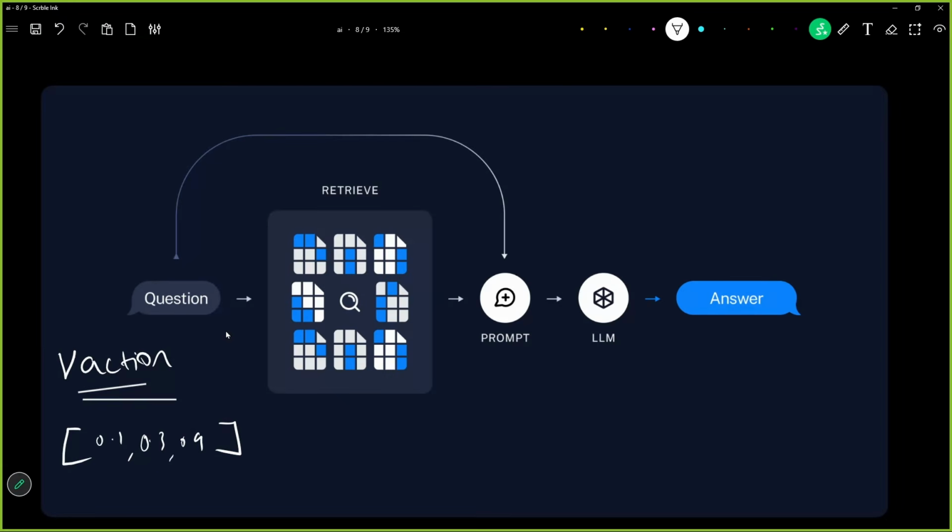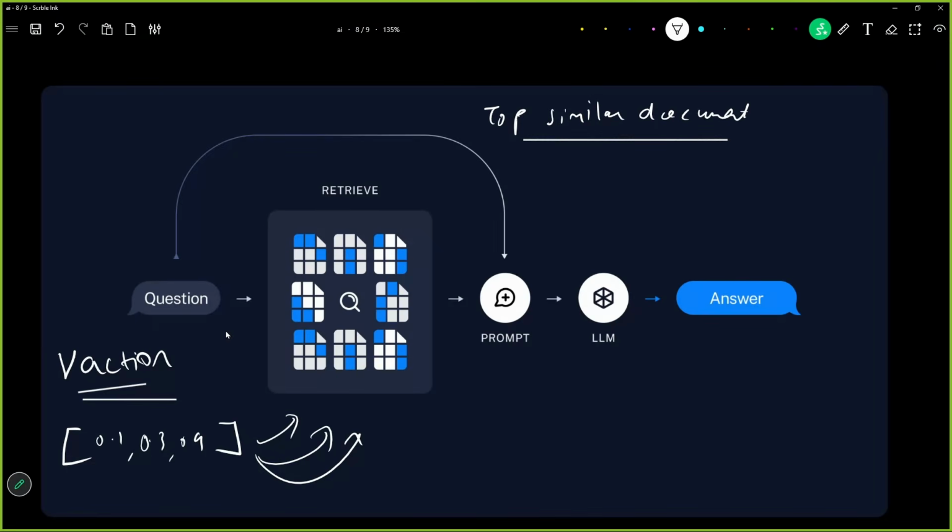And after it is converted into vectors, it will be compared with all the vectors in the database. Once it is converted, we fetch the top similar documents or top similar information,